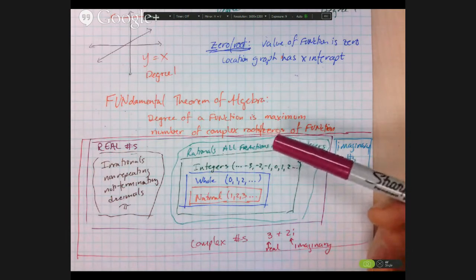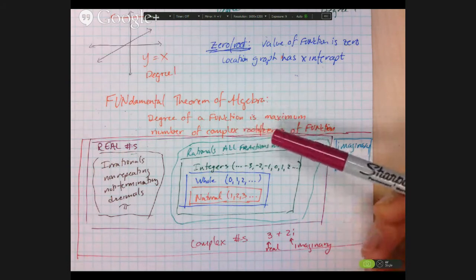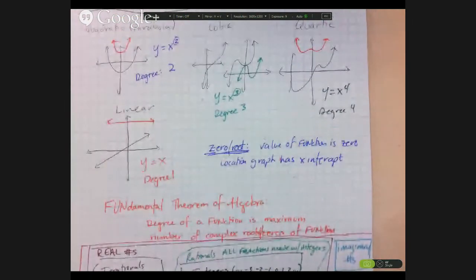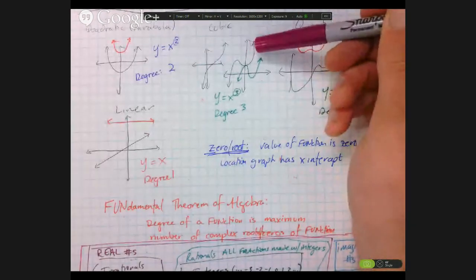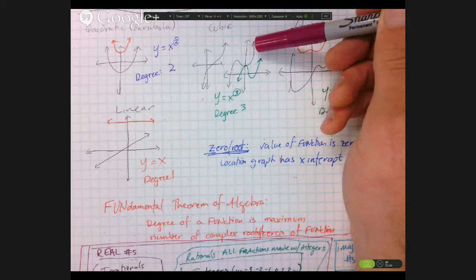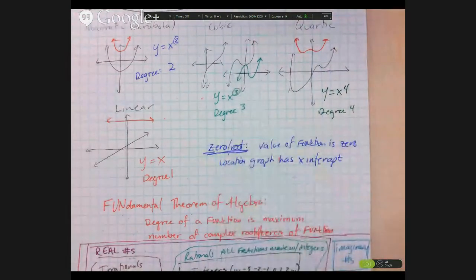Okay, the fundamental theorem of algebra involves complex roots. So we have to know what complex numbers are. How many complex roots does this black cubic here have? It's a cubic, so it has 3. But how many real number roots are there? Just 1, because that's all the times it hits the x-axis. So this has 1 real,